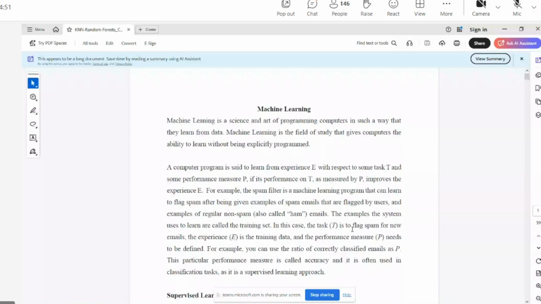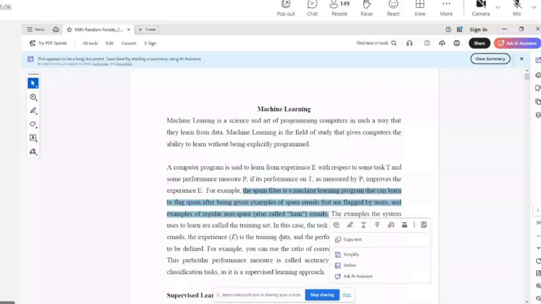So what will machine learning do? What can it do? It can do many things. For example, in your Gmail or any email, you have spam emails and non-spam emails. This is one of the best examples of a machine learning classification problem. What is classification? I will explain it very soon.